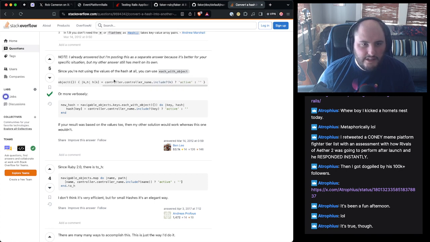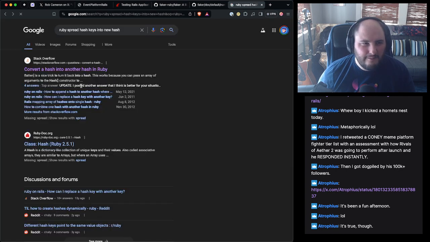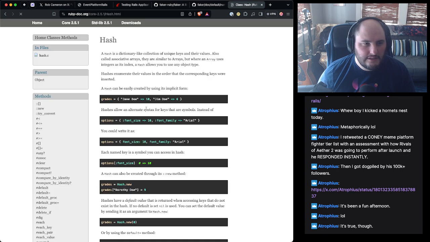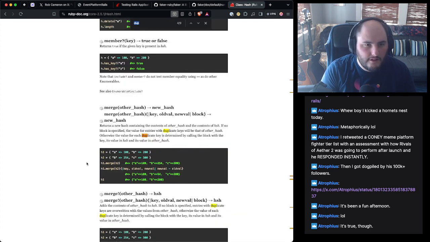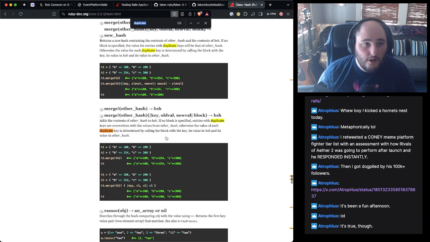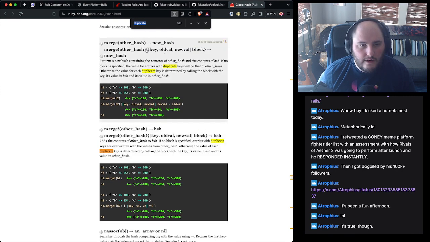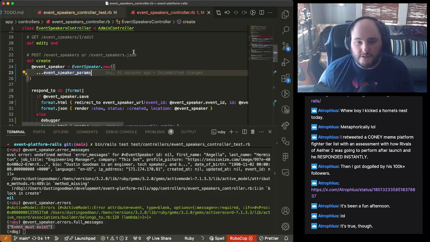Let's do it the right way. So what we really need to do here, and I'm curious if there's a better way, is there a clone? Because I'm good with clone. Or even duplicate. I don't want to, oh, merge might work. It adds the contents of another hash to hash. If I do it without the merge, what I can do is, excellent. So H1 is preserved if I use merge.